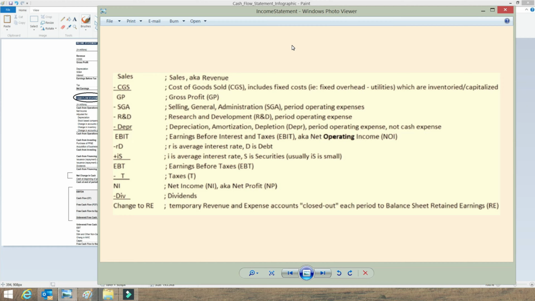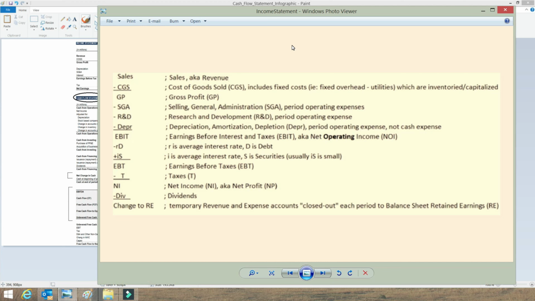Add back any investment income that may be earned from non-operating type assets. So anything above the earnings before interest and taxes line is referred to as operating type expenses and revenue, and anything below EBIT is financing. And then you end up with